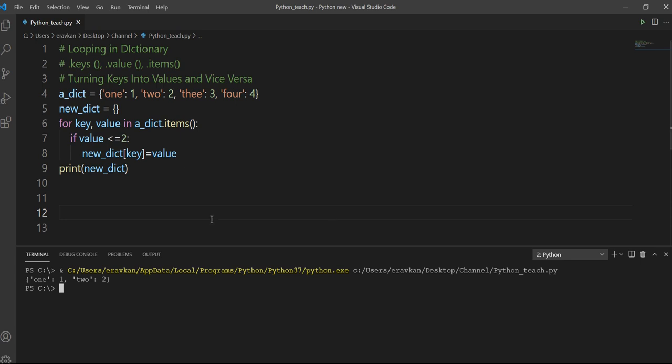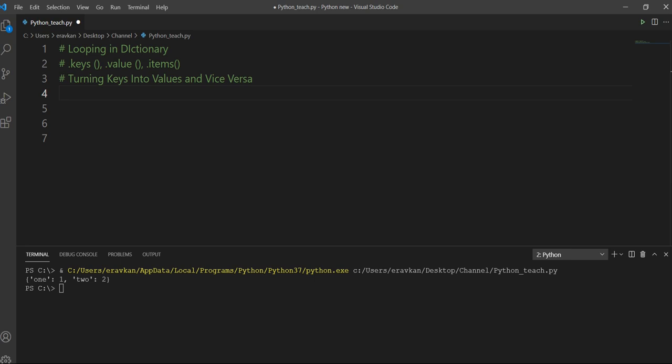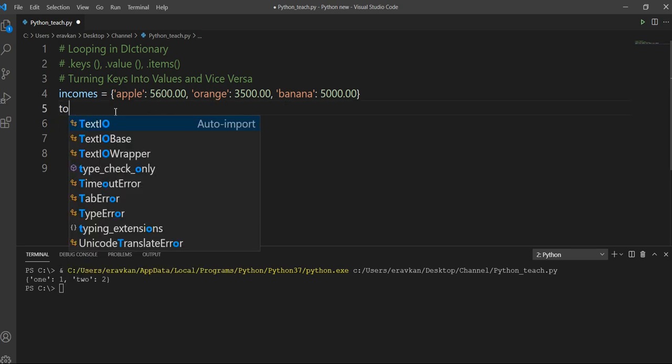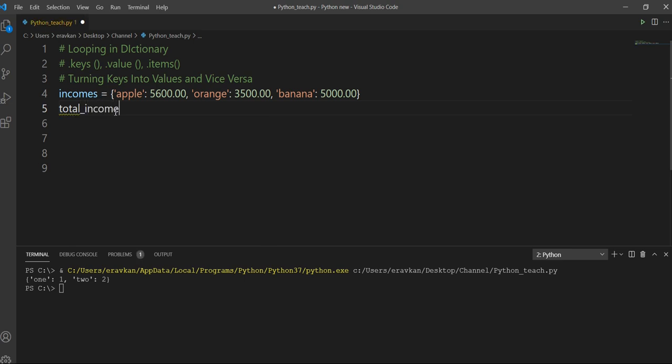Then you can do some arithmetic operation also on your dictionary by running the loop. Okay, let me take an example. Suppose you have a dictionary of income from apple, orange, and you want to add up all the values. Then I need to take a variable total_income equal to 0.